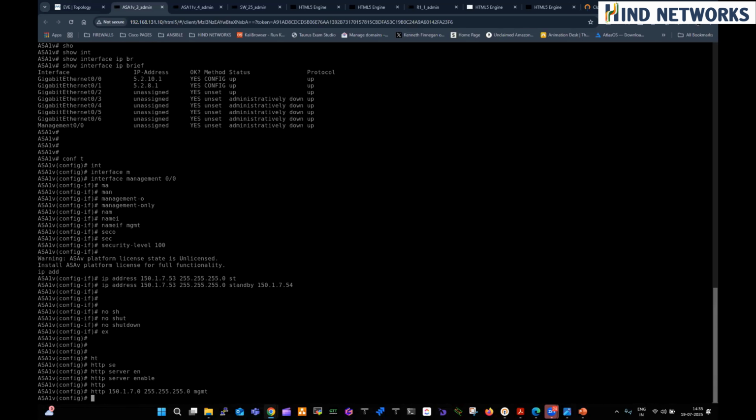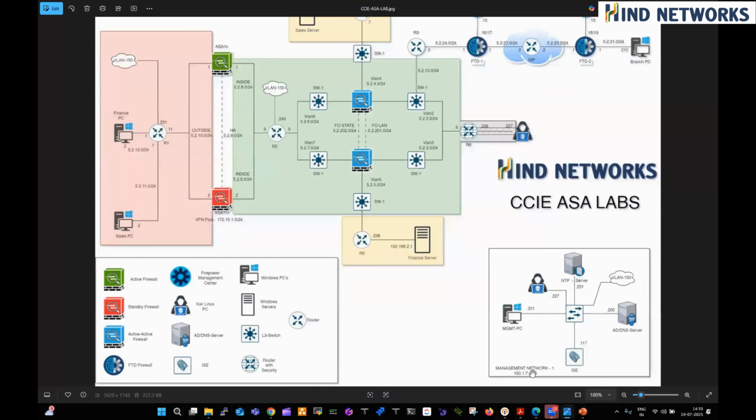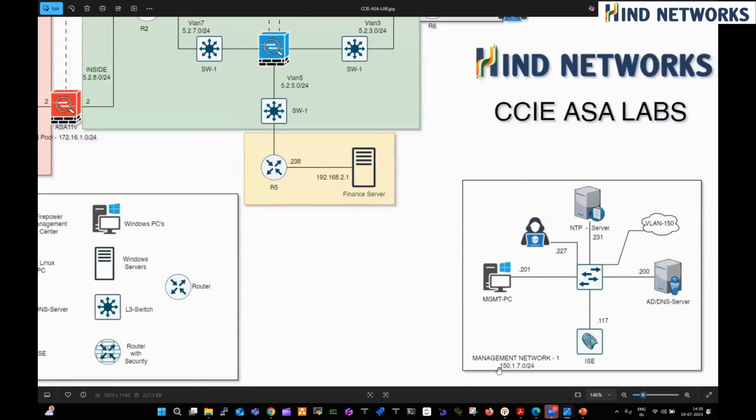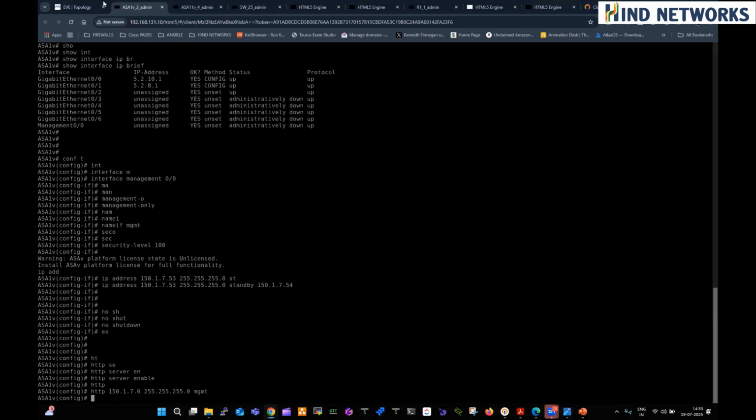Why I gave the subnet is basically for your whole management server. If you see this, here you can see that 150.1.7.0/24 is your management subnet, and this is what you are going to be using. Your management PC is again 201. So once again, if I go and check it out,